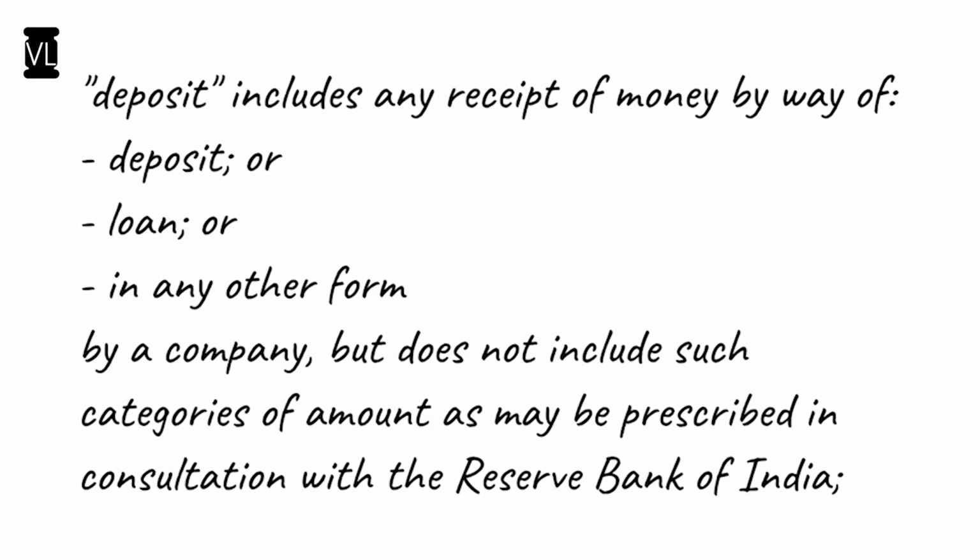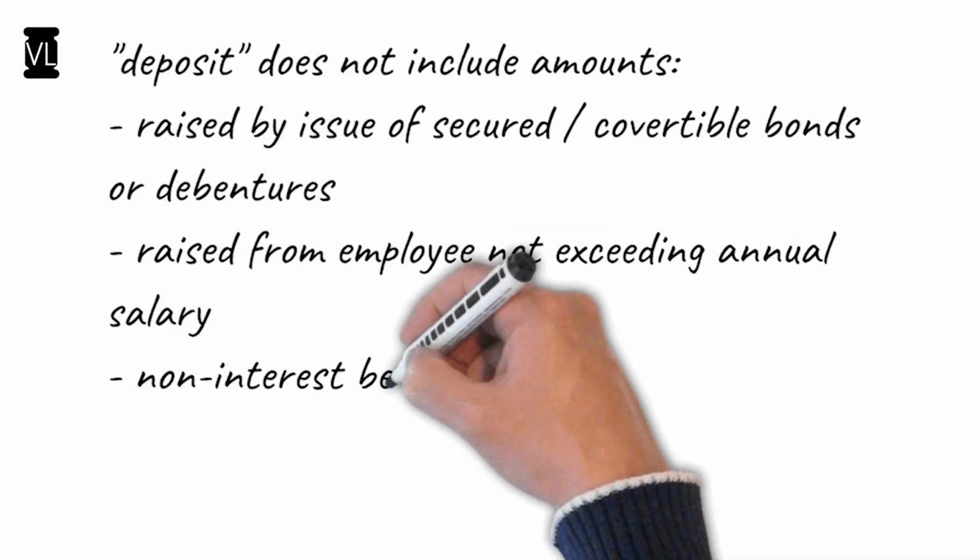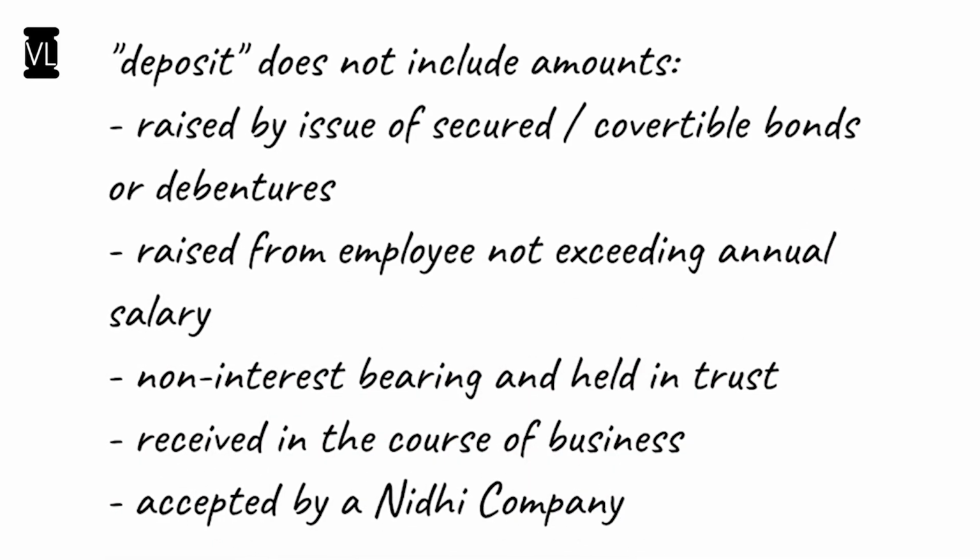Now let's learn what are such categories of amounts which are excluded by the government. The Central Government had provided a long list and we tried to summarize it in our video. So this list includes the amounts which are raised by issuance of secured or convertible debentures or bonds. These are not deposits. Amounts received from an employee not exceeding their annual salaries. Non-interest bearing amounts which are held in trust, amounts received in the ordinary course of business of the company, like that of advances towards supply of services,